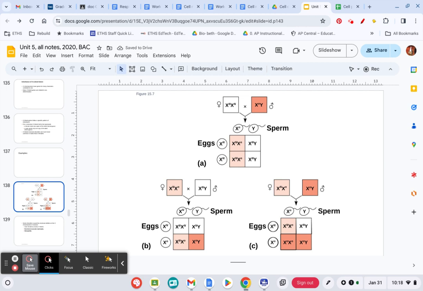Here's another example of that. It's several different scenarios where you have N for normal, so they're not telling you what the trait is. They're just saying N for normal and small n for not normal. And then these two have children together. The pinkish salmon color here represents that they're carriers. And if they're white, they're clear. They don't have the trait. And then it shows how, in the next generation,